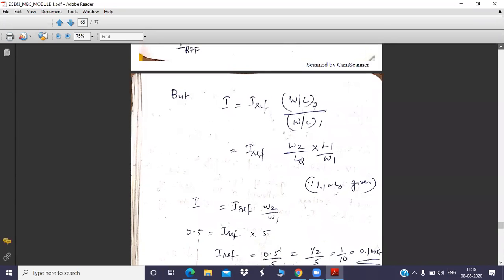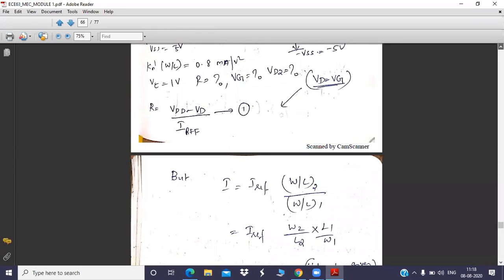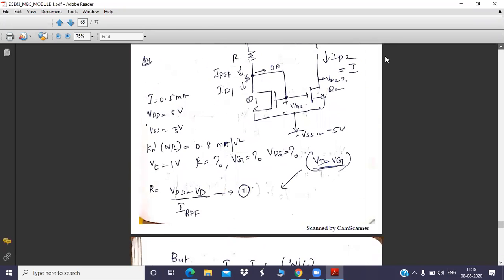So how are we going to apply KVL? Take the circuit. See, you are finding VG. VG is the gate voltage. At the gate, you have VGS, and at the source, you have minus VSS. So you need to add these two voltages to get the total voltage at the gate. Voltage at the gate means it is the voltage with respect to ground. Understood? VG is nothing but the voltage at the gate with respect to ground. It is not with respect to any other reference terminal, only ground.